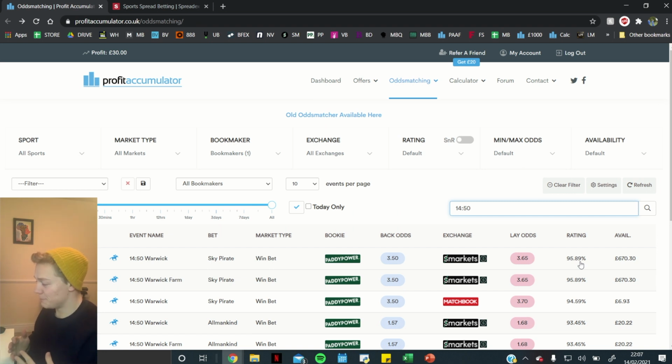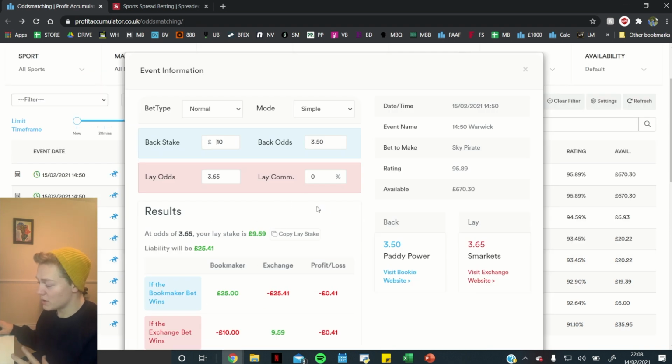So, those are some tips and tricks. One more tip and trick that you need to know for the odds matching tool is the calculator. The calculator is basically your way of working out everything you need to know for the bet. So the back, the lay, the commission, it takes it all into account and shows you very nicely what the